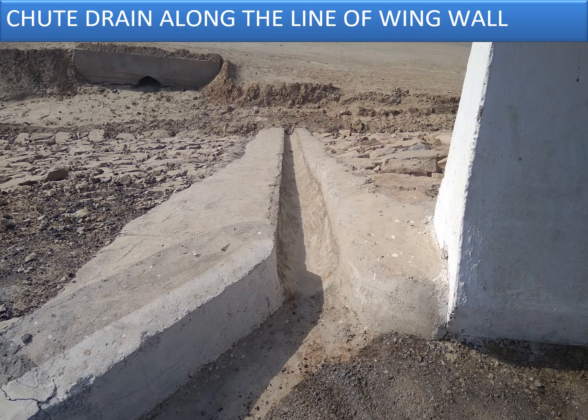So as far as possible, it should be properly connected to the main drains as shown in the figure, because you can see that there is a culvert at the end, but it is clogged. That means there is very little scope to discharge the water once it is collected through the chute drain provided on the main carriageway. So one has to make sure that the chute drains are properly connected to the main drain, so that the discharge of the water happens from the start point to the end point without any stoppage, because